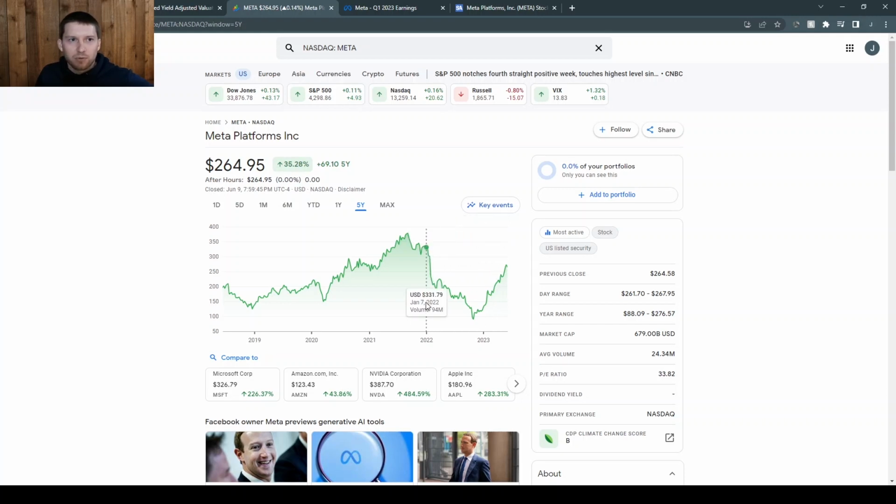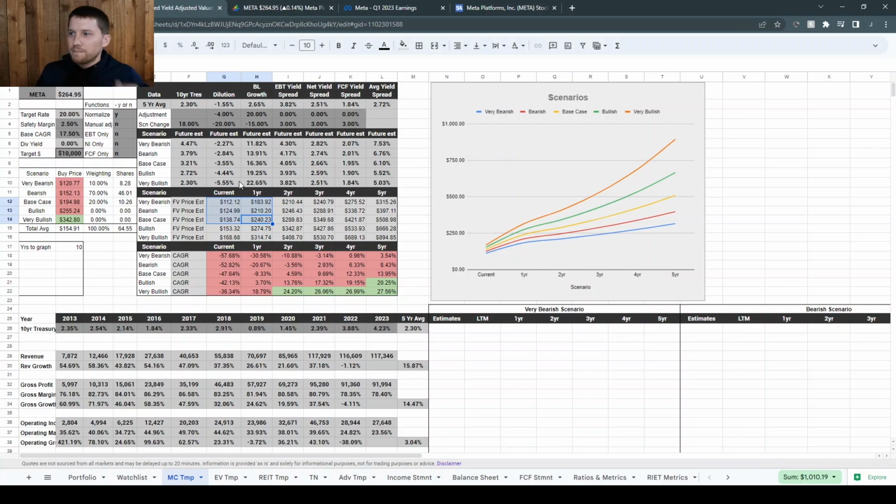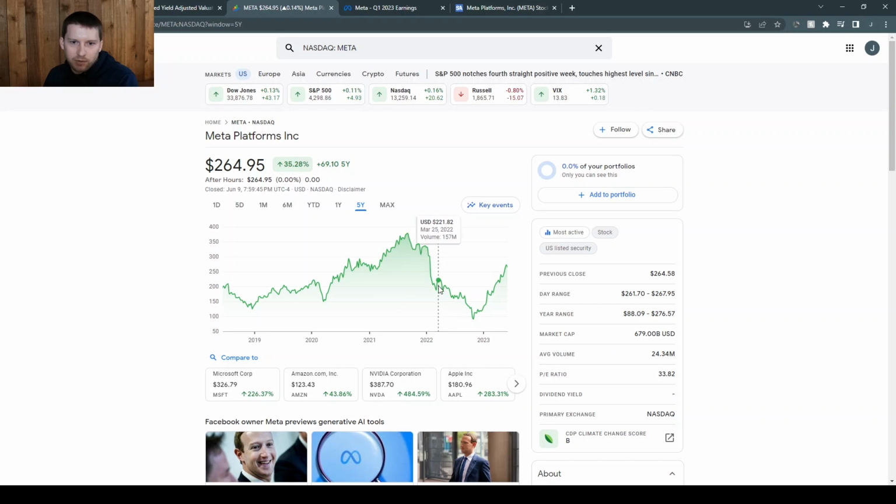If we go over the valuation template here, I looked up previously, and I have another video on Meta. I didn't have the valuation template built out like this specifically, but this was actually what I had been throwing around for evaluation back in, I think it was in the 200s, about March 2022 after this big decline. I started looking into it, trying to figure out where I would want to establish a position with a pretty high target CAGR of 20%.